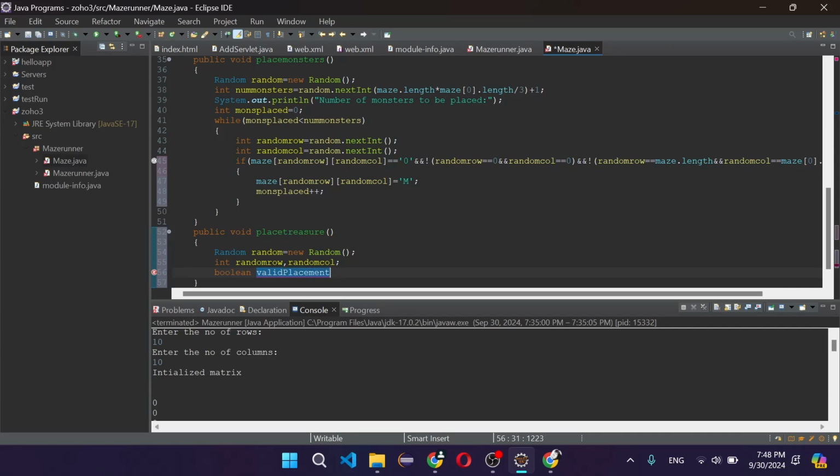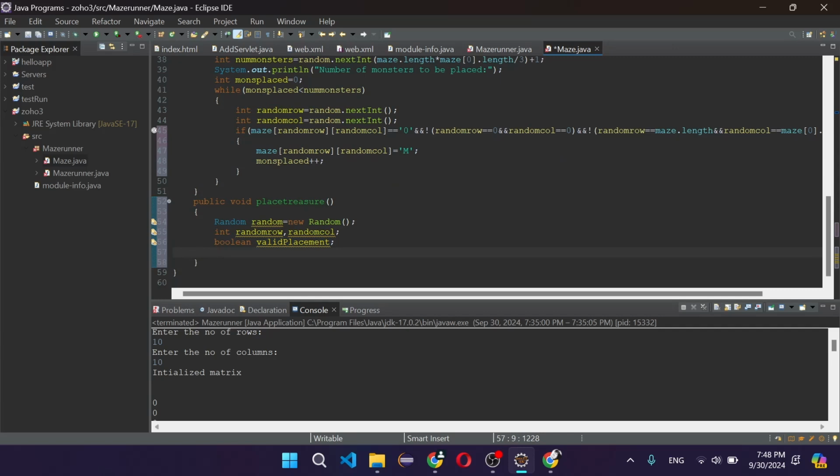Okay, now we are going to use a do while, because it is going to first place the value and check for it. Random row is equal to, once again,